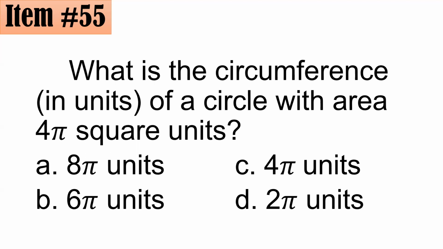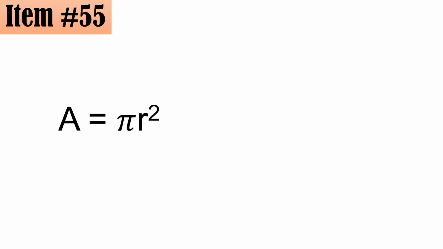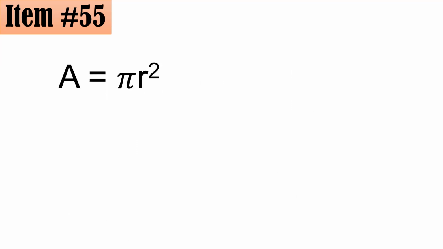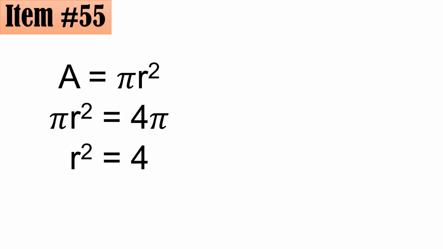This is the video. Okay, we have letter C. All right, let's see if C is correct. So the formula for the area of a circle is pi r squared. And knowing that the area is given to be 4 pi, so pi r squared equals 4 pi. Dividing both sides by pi gives r squared equals 4. And taking the positive or principal square root of both sides, it follows that the radius has a length of 2